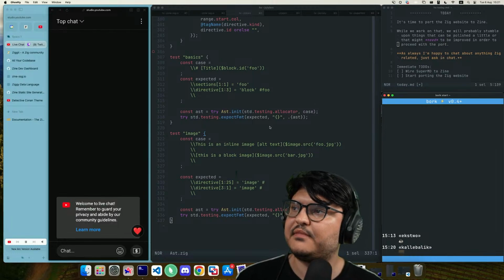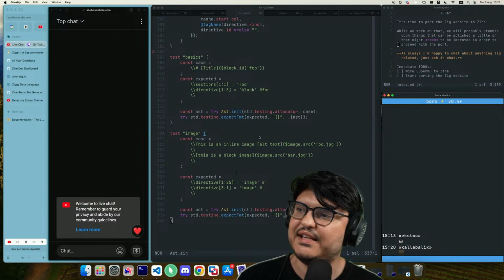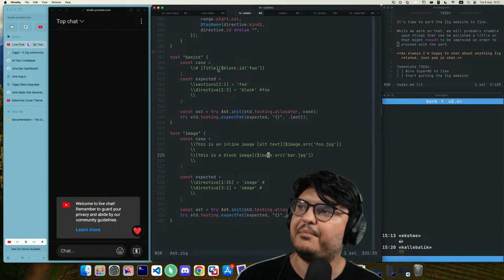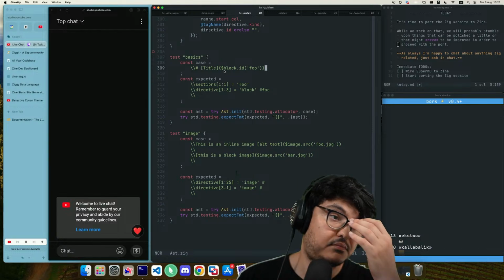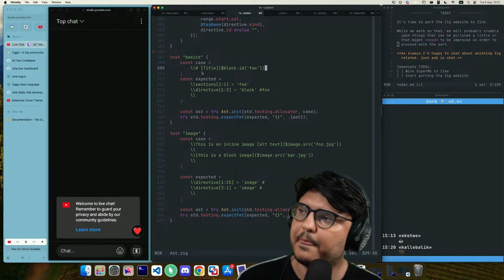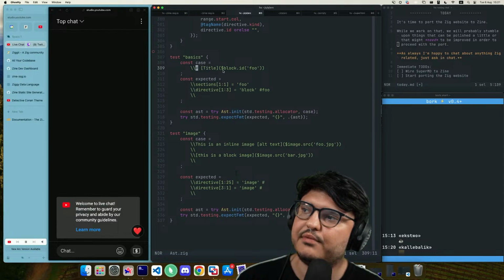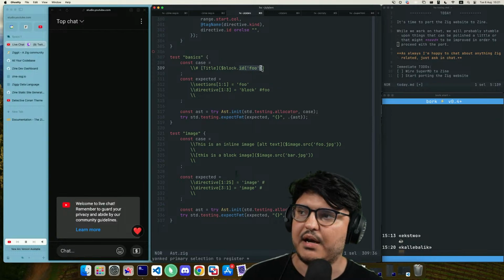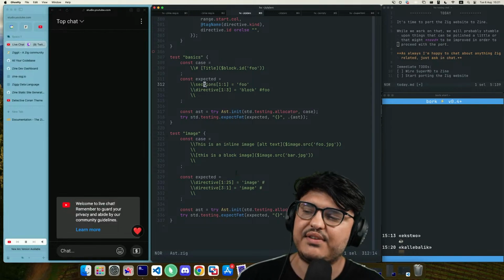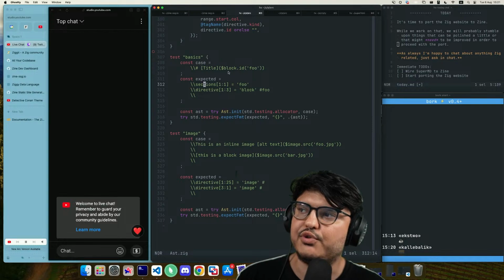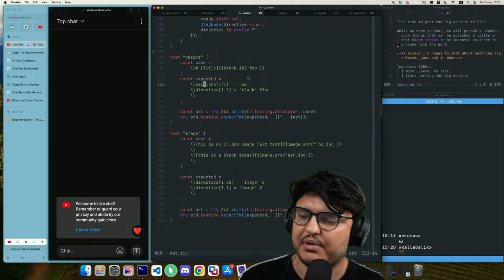Okay. So, as you can see here, in these test cases, this is the syntax that they decided to go with. An H1 title that is marked as a block with an ID becomes a section, although I need to change this name. I kept calling these things sections. Originally, I even had something like md.section, I believe.